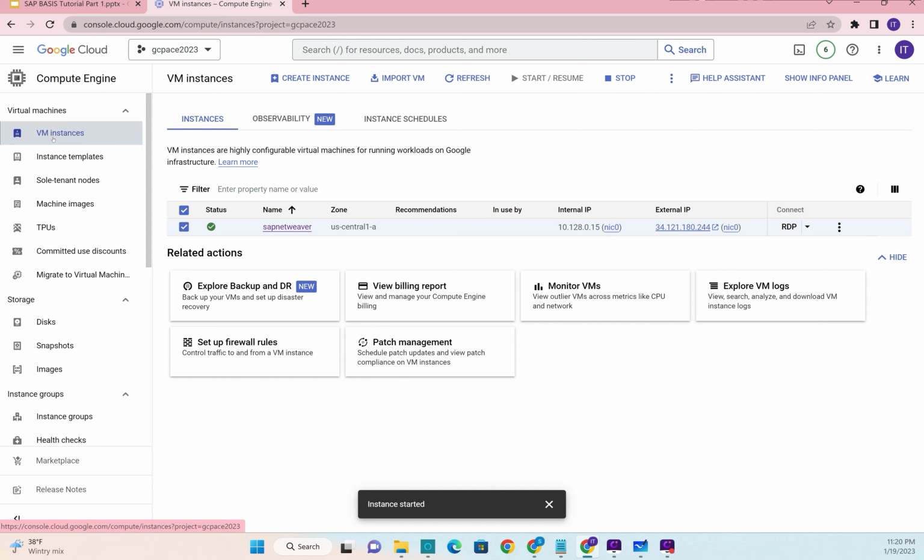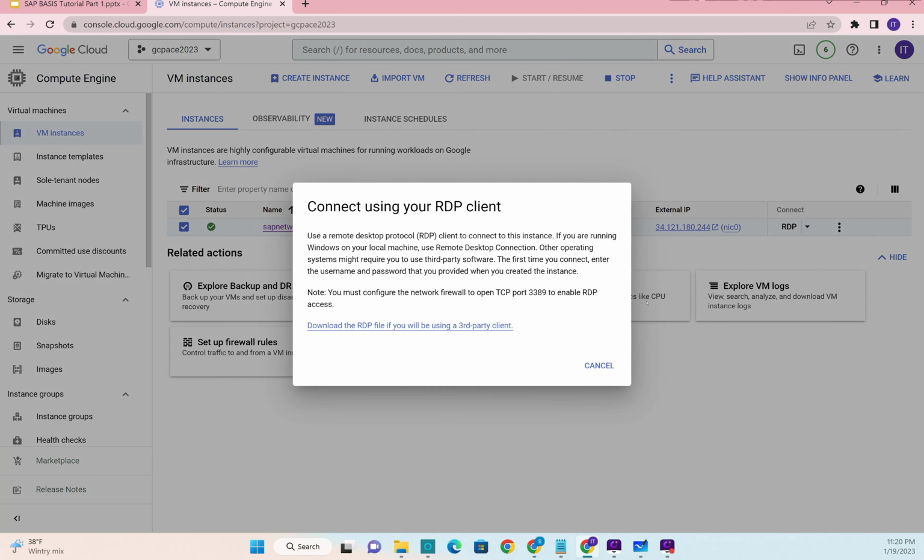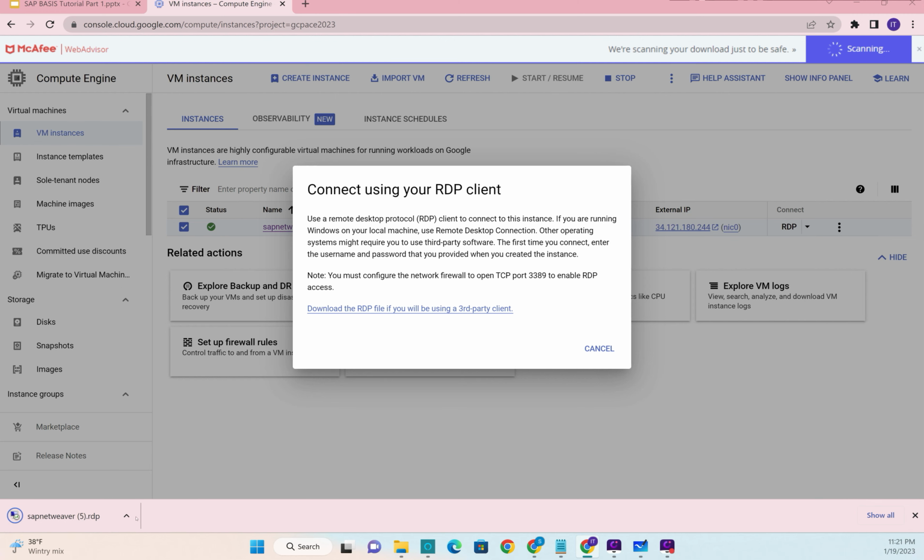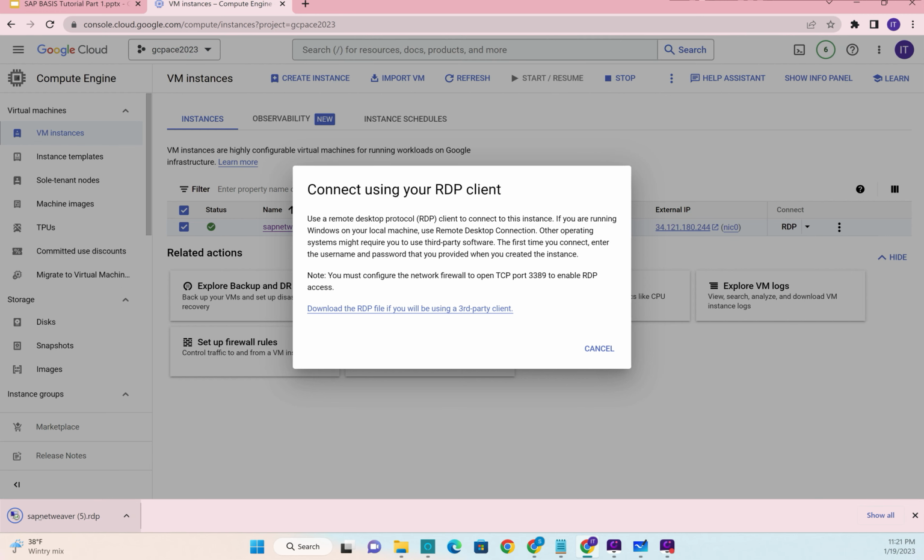Like in Azure also they call it virtual machines. In AWS it is a little different. They don't call it virtual machine, they call it EC2 instances. EC2. Anyway, that's not our topic. So see, instance started. Now what I'll do, I'll click on RDP and I'll click on download RDP. It will download the file, and then I'll click on the file,